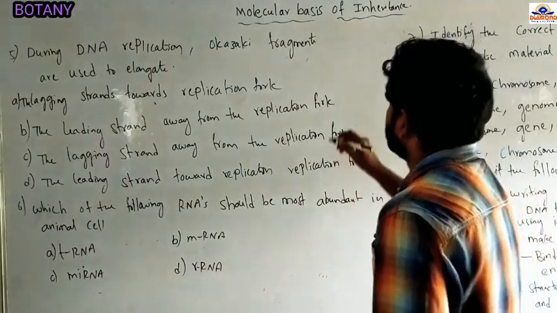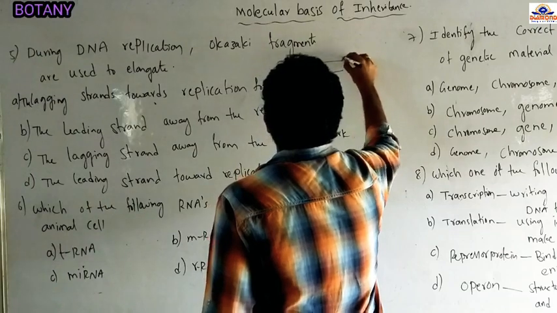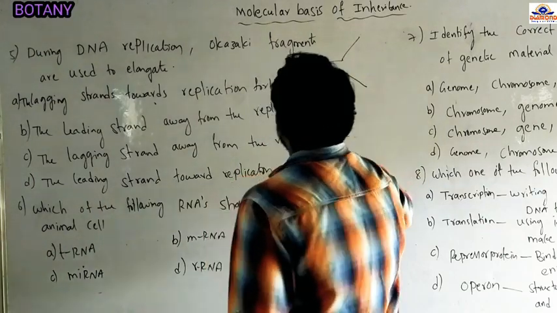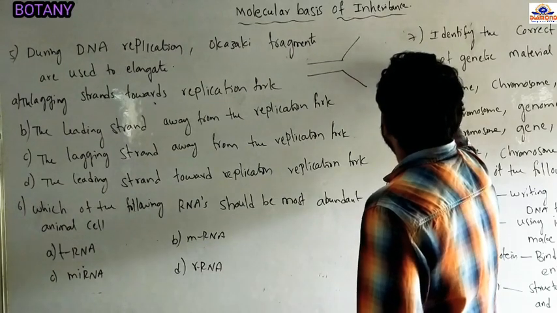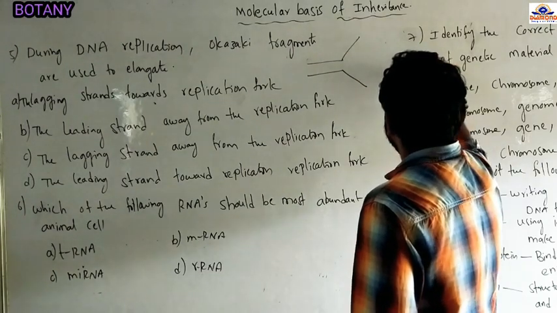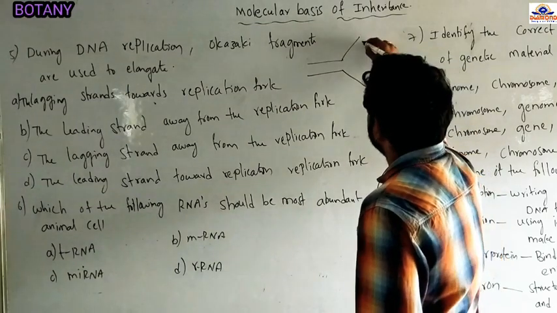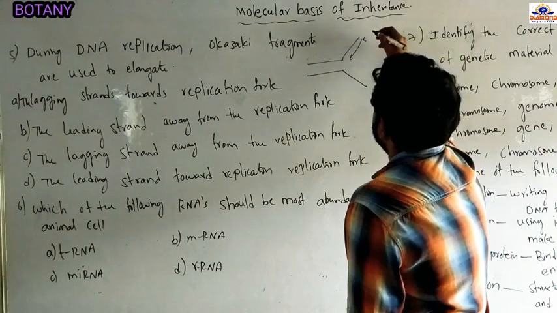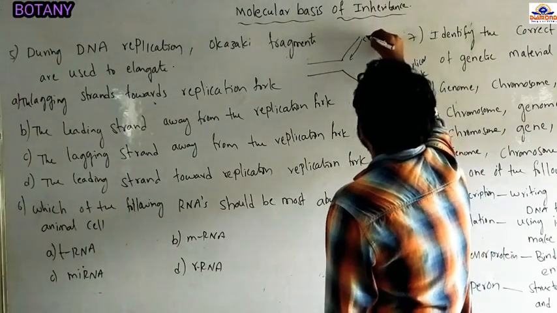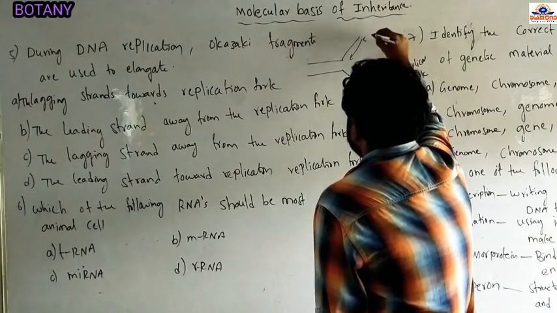Next question. During DNA replication, Okazaki fragments are used to elongate. In the semi-conservative mode of DNA replication, a Y-shaped structure is formed, called the replication fork. On one of the strands, DNA is synthesized continuously, and DNA is always synthesized from the 5 prime to